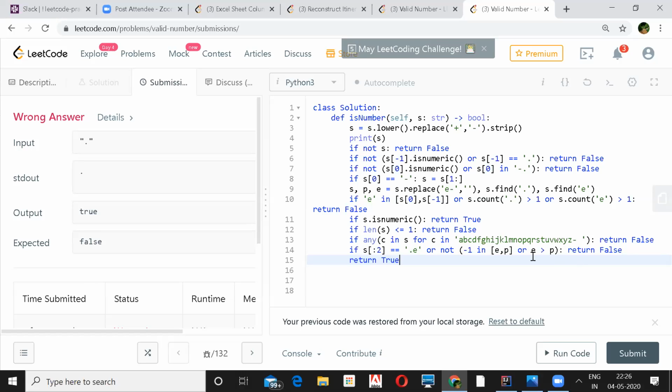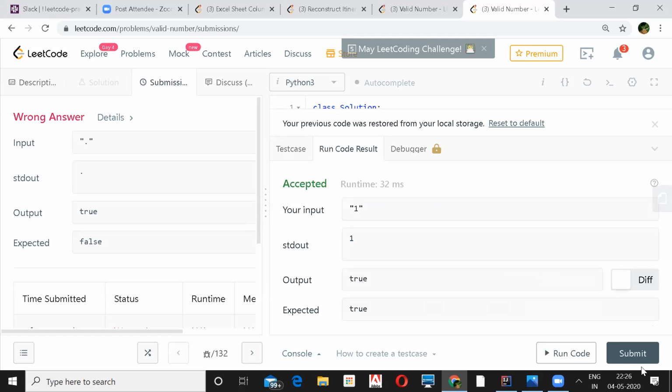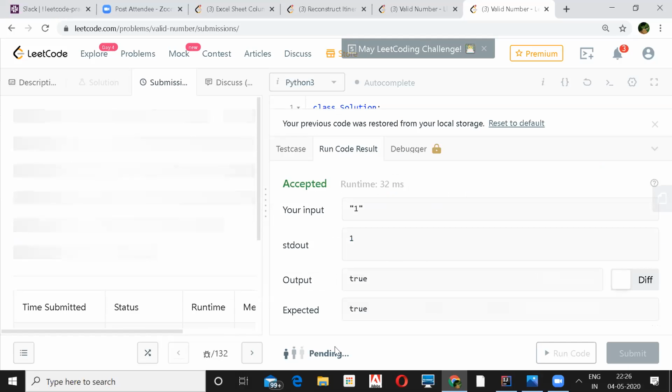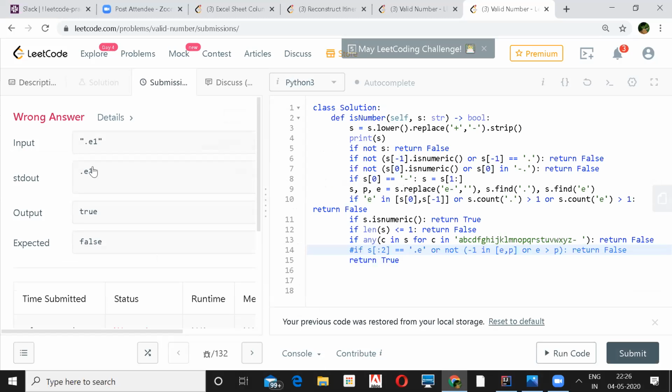I didn't understand that. Okay. Yeah, I think I did it wrong. Yeah, this case. Your first 2 characters are not equal to this.